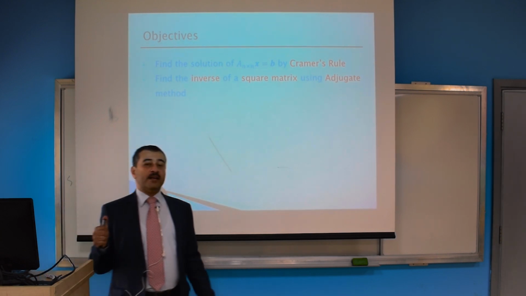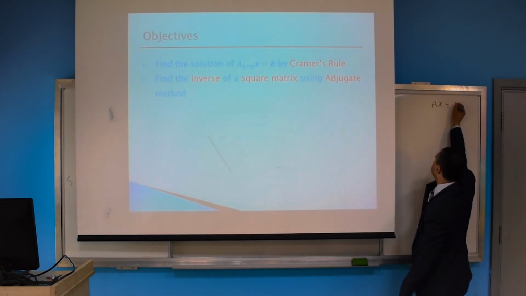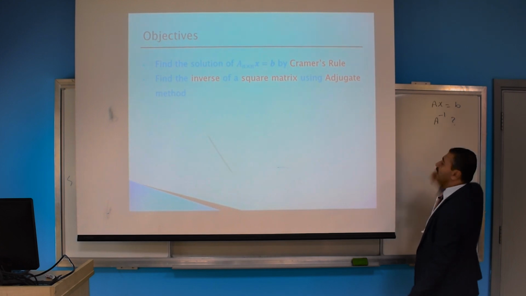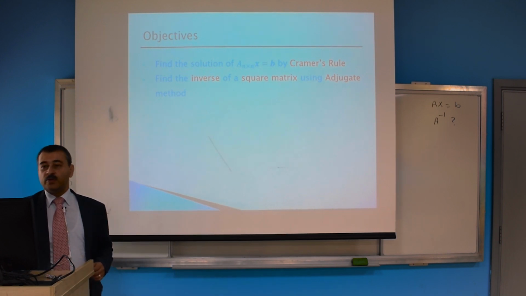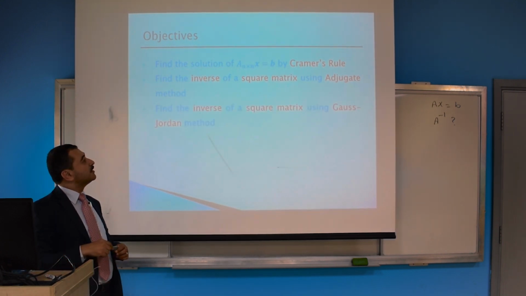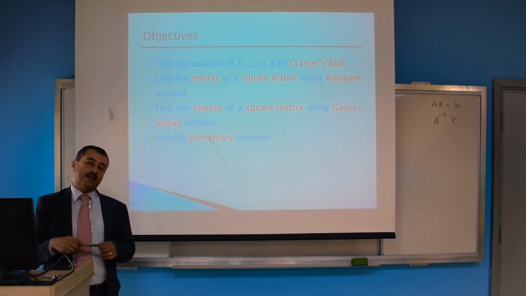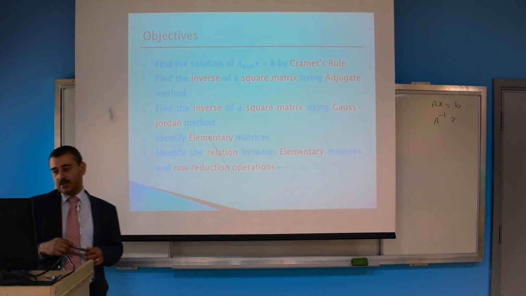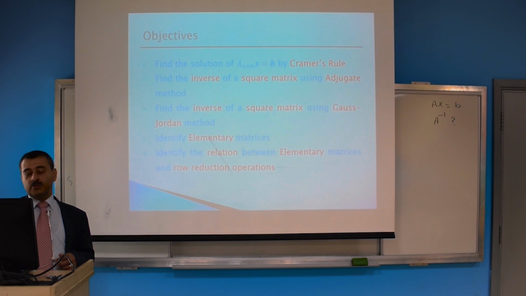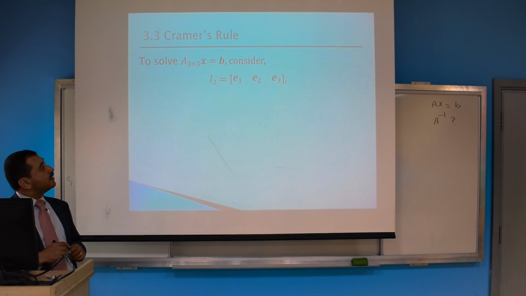And then we are going to find the inverse of the matrix. If you have AX equal B, I'm going to find what is called the inverse of the matrix using the adjugate method and using the Gauss-Jordan method. And then we are going to define what are called the elementary matrices and find their relation to the row operations of Gauss. So let's first start with Cramer's rule, how to solve a system where A is a square